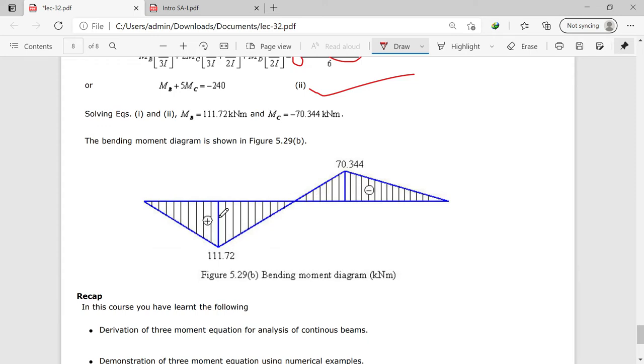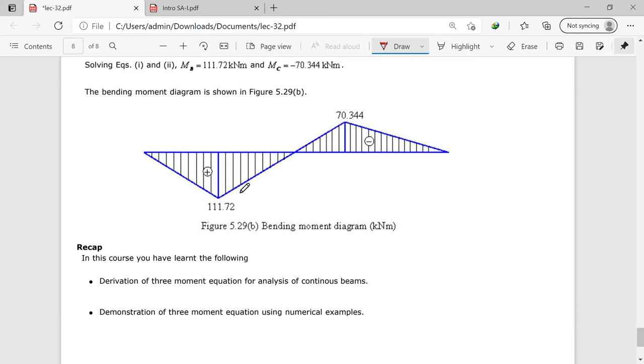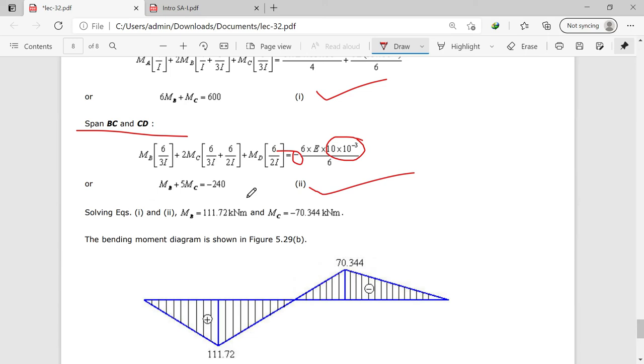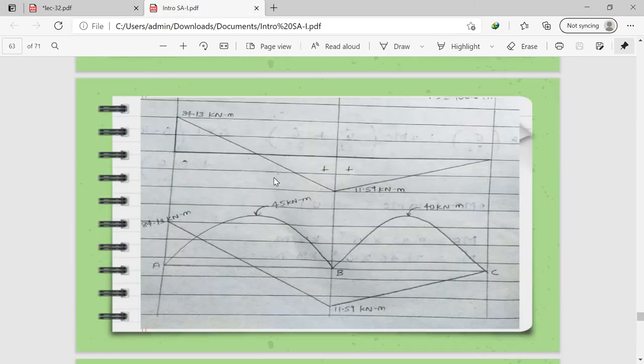But you have to write the sign convention, because the sign convention is very, very important to represent the effect of bending. In many textbooks, the positive bending moment is drawn above the baseline, whereas the negative bending moment is drawn below the baseline. So it depends, but the sign convention is very important because it represents the value of the bending moment along with its sign. Okay, so this was the example. Let us consider some more examples.